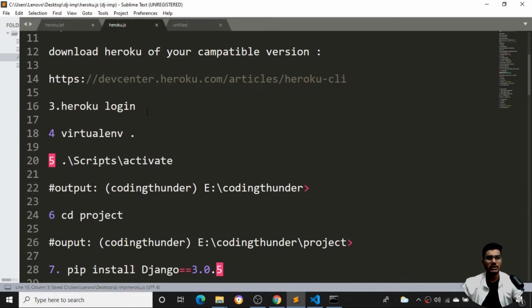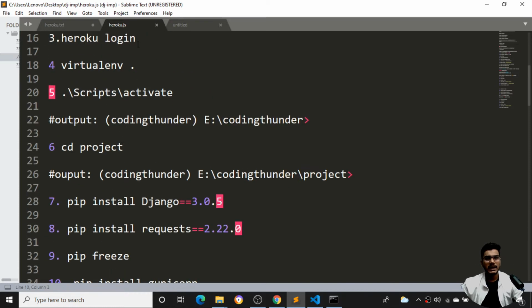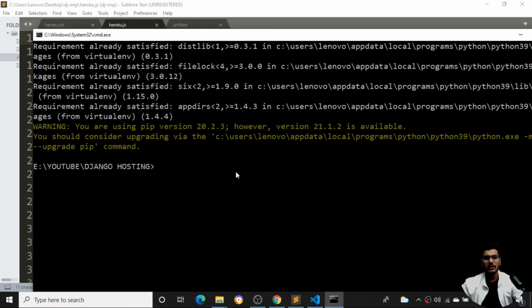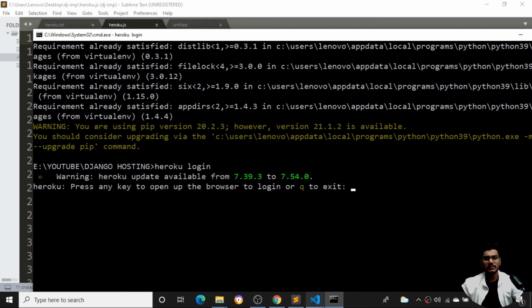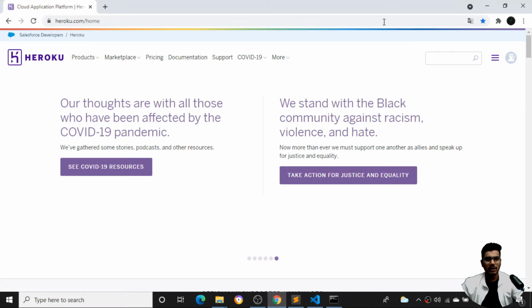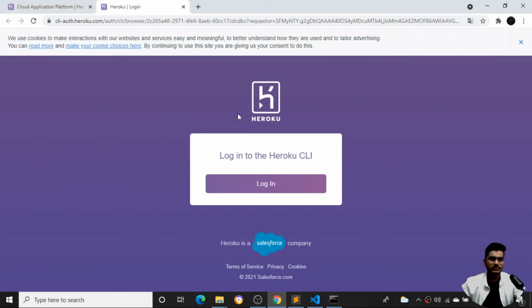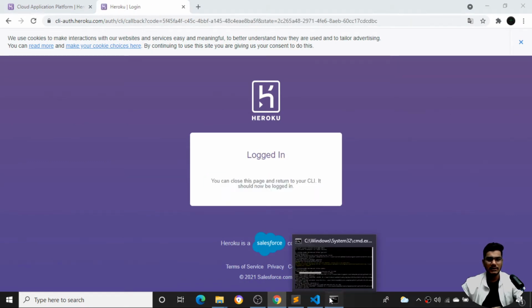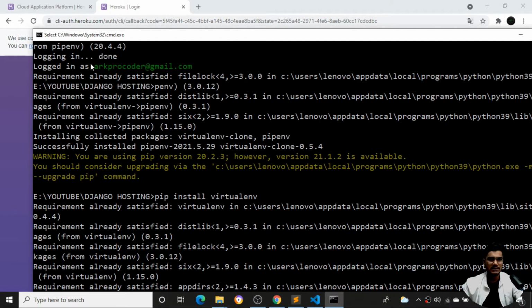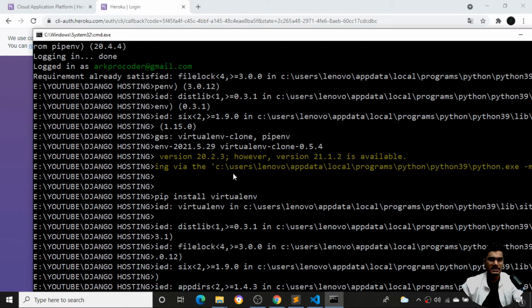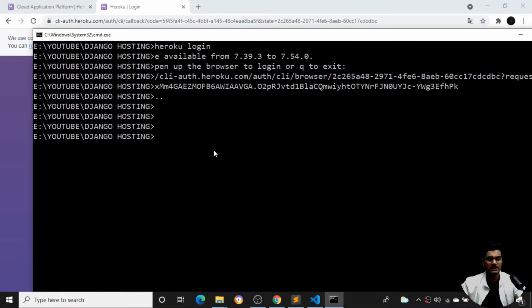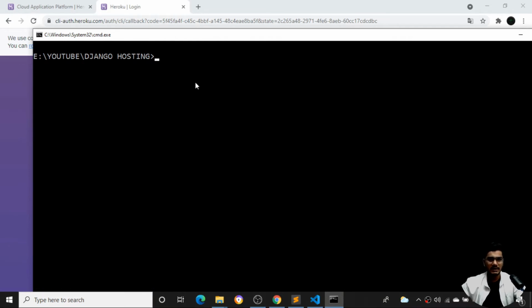Then I need to download the Heroku as we have downloaded. So now I need to run Heroku login. Now I want to log in from the Heroku. You can see you need to log in from your account, so just keep that particular home page as it is. Then just enter this command. It will go to this page. Click on the login button and you will be logged in into the Heroku app. Once it is done, you can see it is logged in as grkprocoder.com. So just press enter over here. If I just type cls, it will clear the terminal over here.